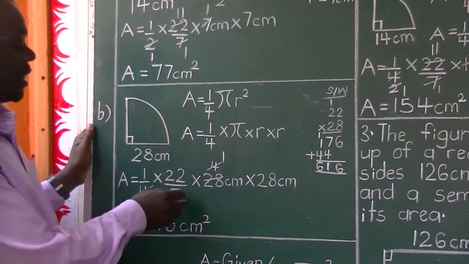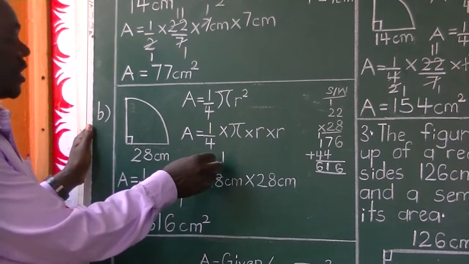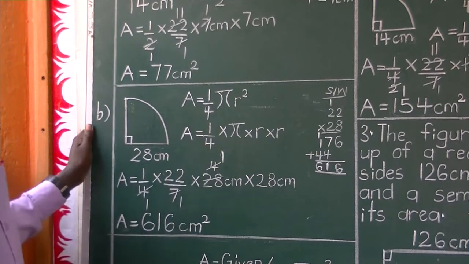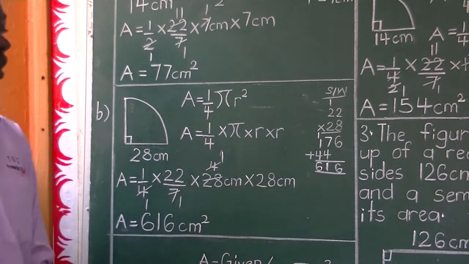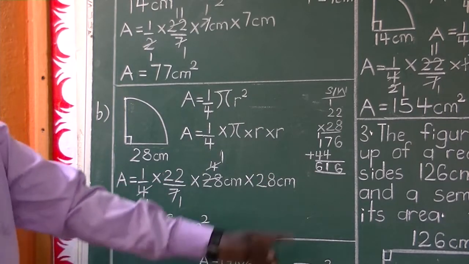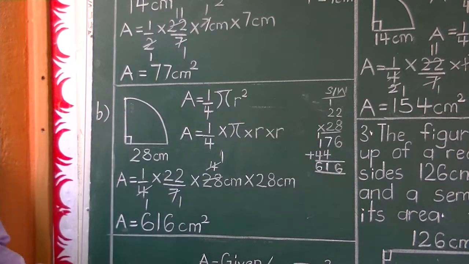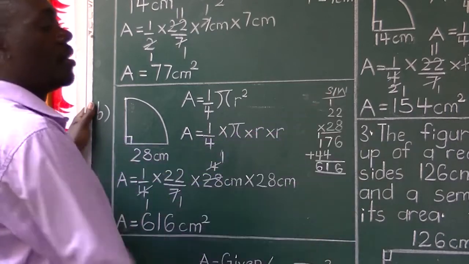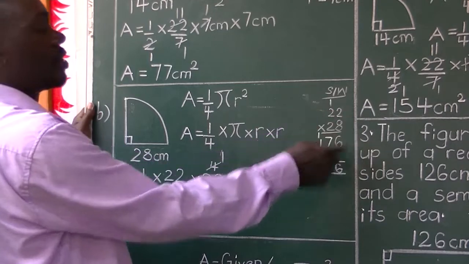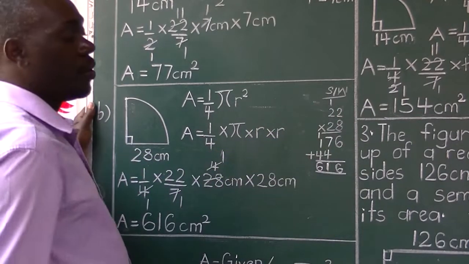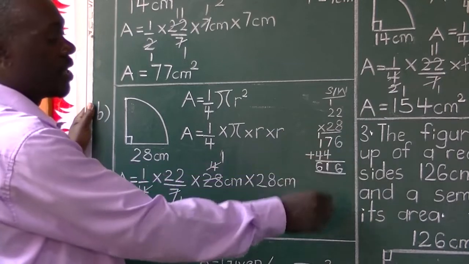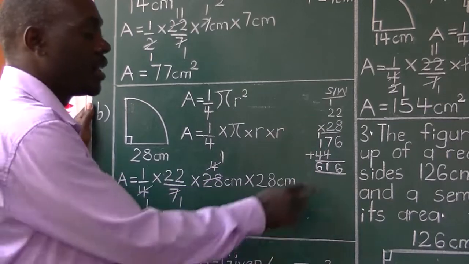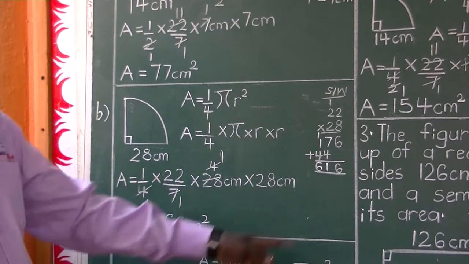So we divide by 7. 7 divided by 7 once, 28 divided by 7 gets 4. Then 4 divided by 4 once, 4 divided by 4 once. So we remain with 22 centimeters times 28 centimeters. So we get aside to multiply 22 by 28 accurately, where I've got 8 times 2 is 16, plus the 1 you regrouped, you get 17. 2 times 2 is a 4, as well as the other 2 times 2, you get a 4. Then you add: you get a 6. 7 plus 4 you get 11, get 1 and regroup 1. 1 plus 1 plus 4 you get 6. So 22 times 28 you get 616.